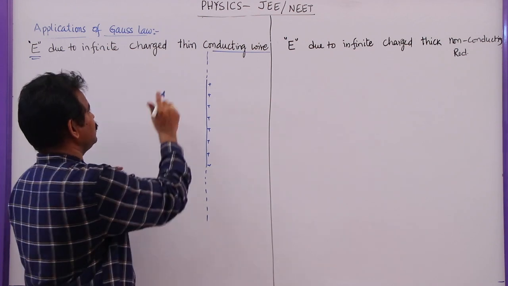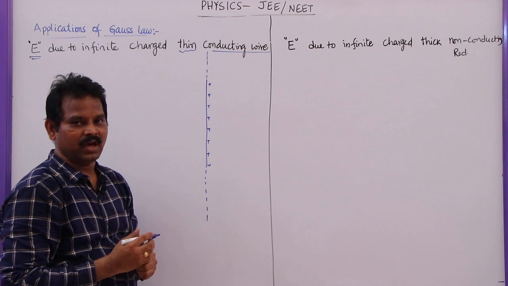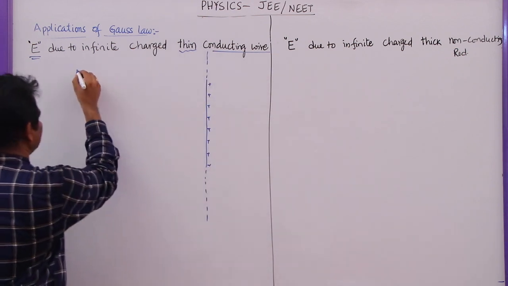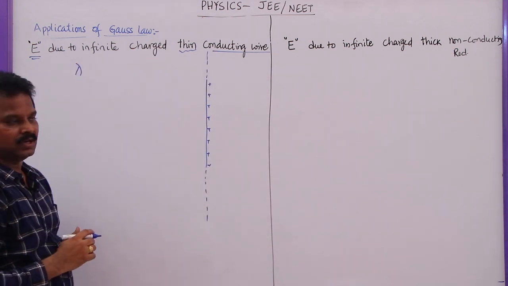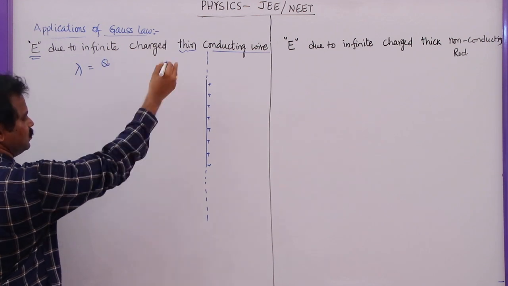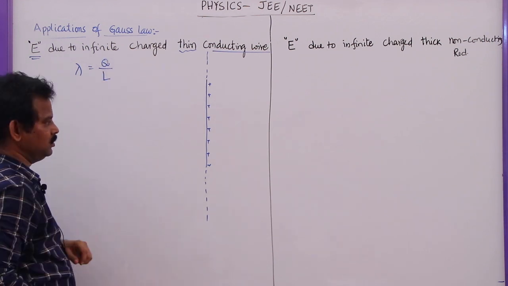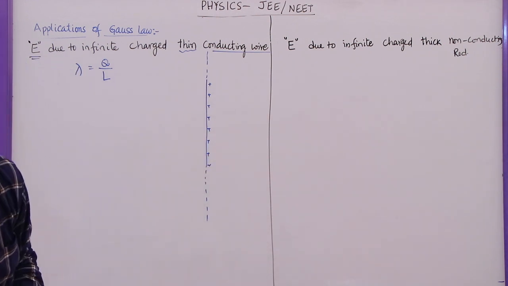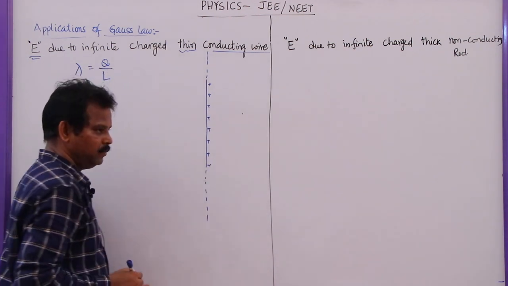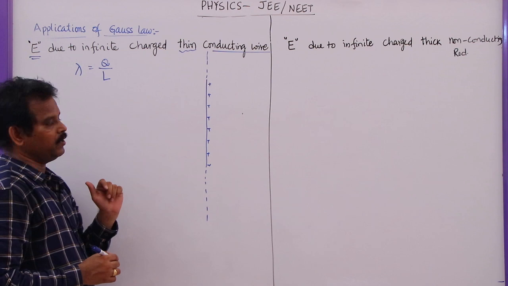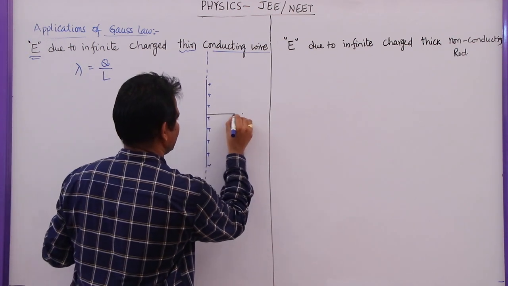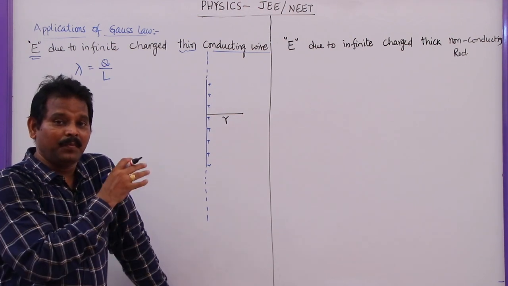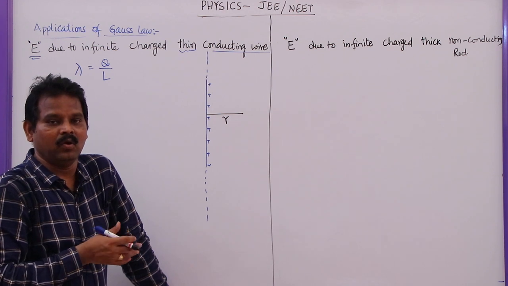But here this wire, as it is very thin, let us say the charge is distributed on a small thin wire linearly. So what I am going to write, the linear charge density is given by the total charge on this wire by total length of this one. Now if I want to find out electric field at some distance r from this one, so let me take this point somewhere here. If I wish to find out the electric field due to this infinite conducting wire at a distance r, so first point is construct a Gaussian surface such that some part of this charged wire is enclosed by the Gaussian surface.